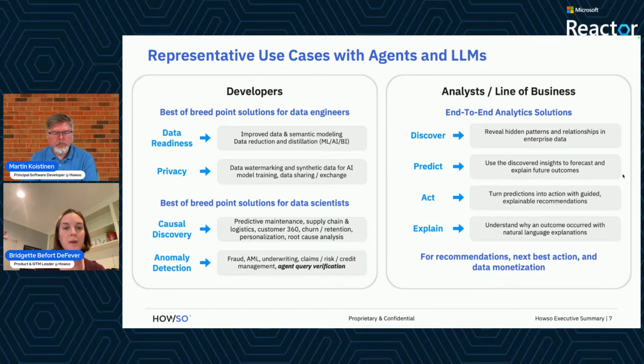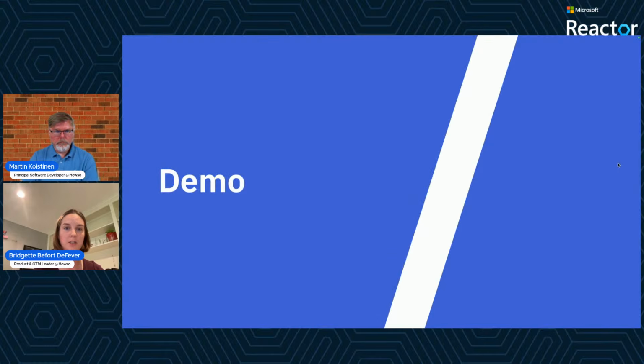But really, those pair really well with our business user applications, where we can put a chat interface in front of the insights generated by data engineers and data scientists, and allow the business users to query those insights, understand what they're trying to get, and get predictive and prescriptive recommendations. So with that, hopefully that gives you a grounding in what Howso does and what Martin's going to show you today. And I'm going to turn it over to Martin to begin the demo.